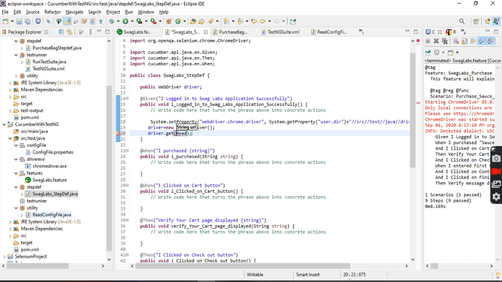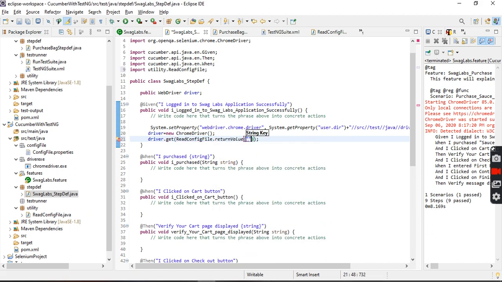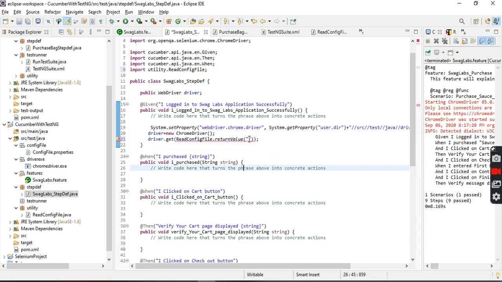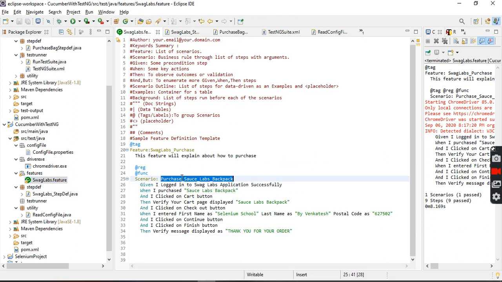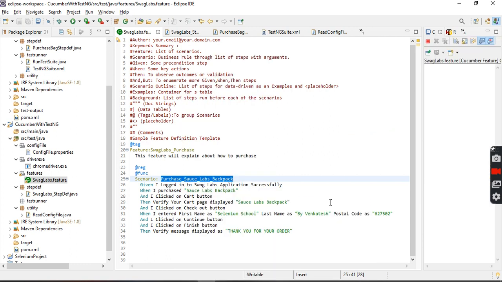ReadConfigFile.returnValue of. What is the key here? Just take this key and pass it here. Okay, now let's run the program right now. Let's check whether it is opening the application or not.